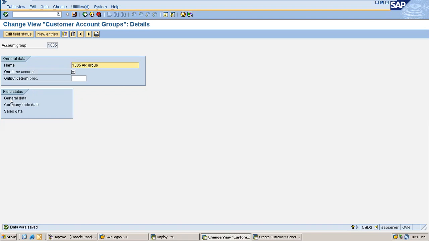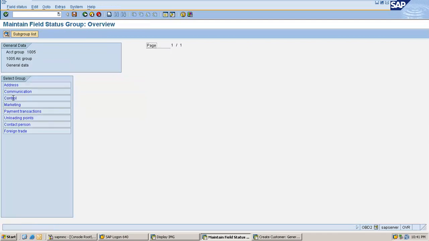Now, go to other things like general data, company code data, sales area data. These are the three major sections in customer master data, and click on each section. The options will be the same, but there is a specific purpose of having these settings here.